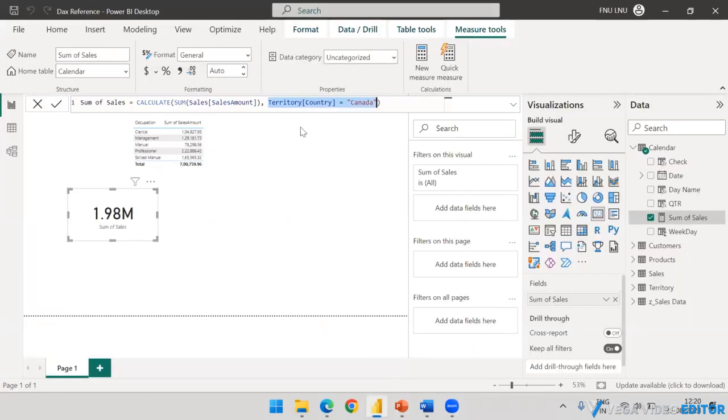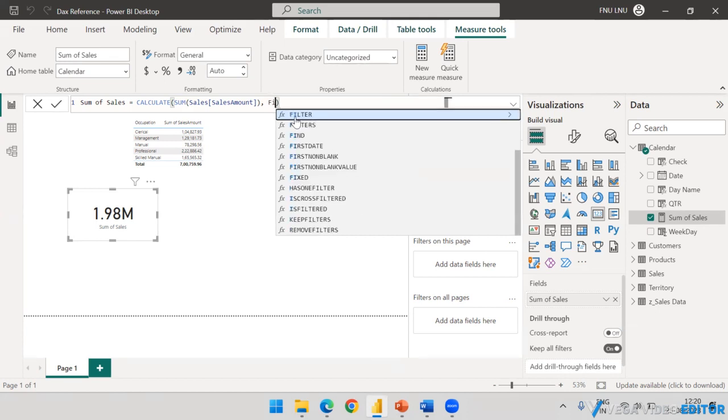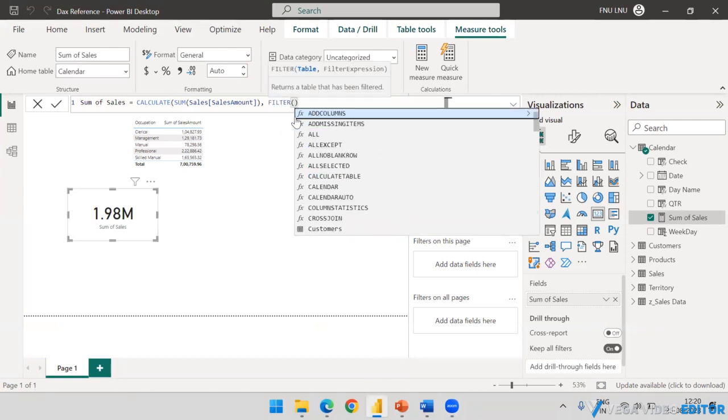Okay, even in case of filter context, that is what we can refer to as a modified filter context of calculate functions. In case of filter context, instead of returning the Boolean value, you can return the modified table. How to return the modified table? So here, if I say filter, and obviously the filter function, if you look here, returns a table